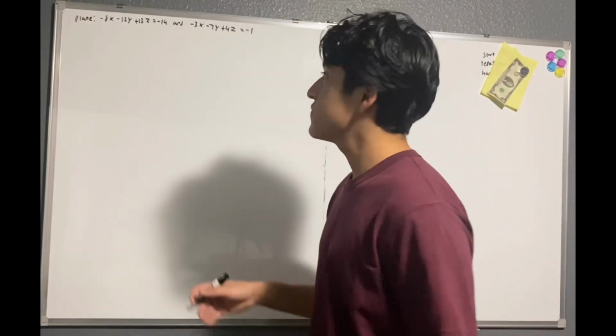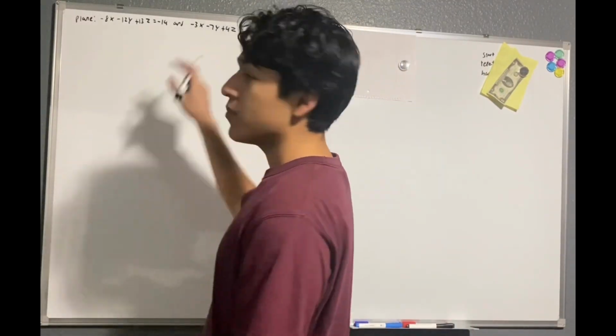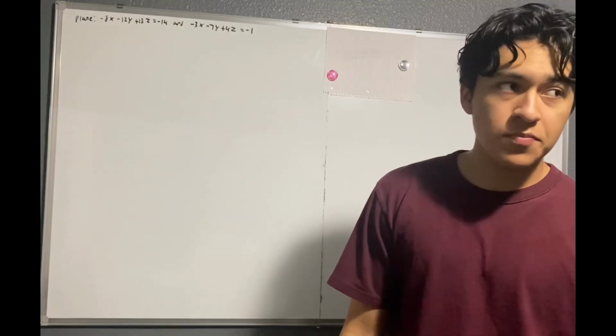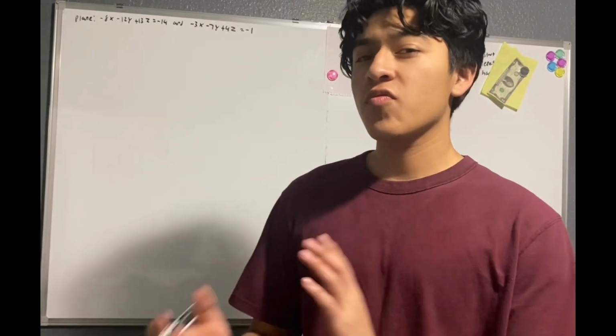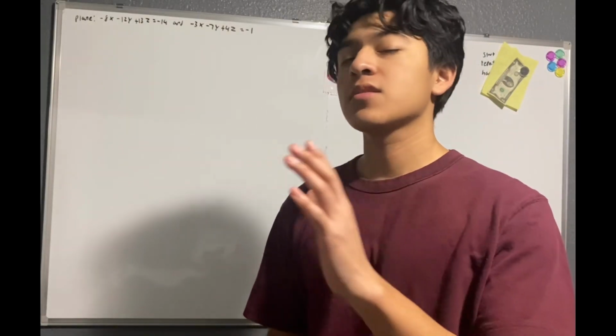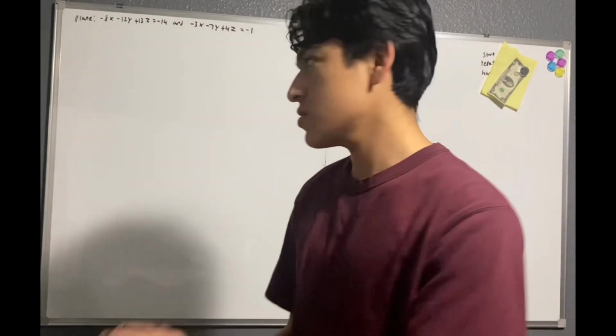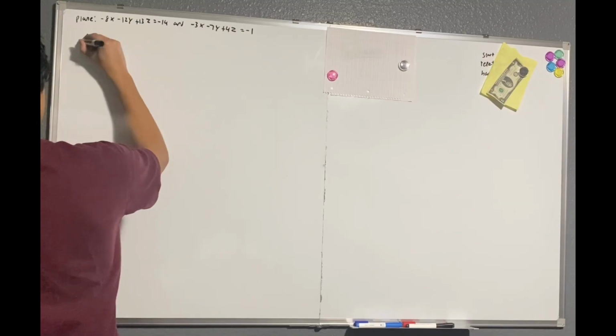Got two planes. Boom, boom. Now when I think of planes, I think of vectors. So we're going to convert these into vectors to find our normal vector so that we can plug that into our parametric equation. So we have -8,